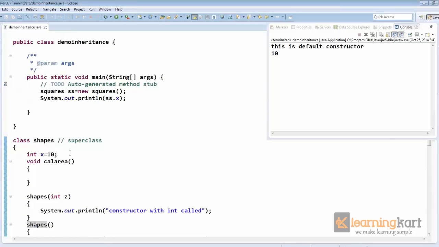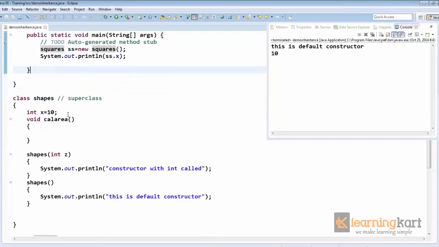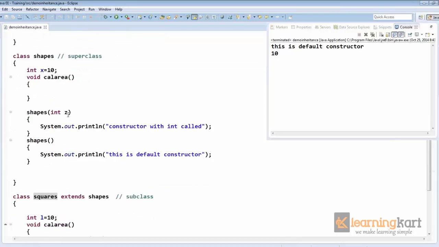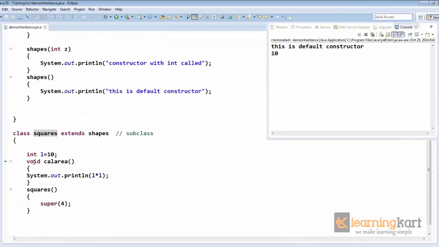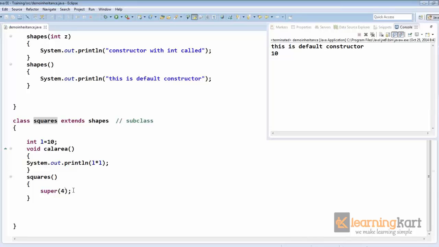So the first thing to remember in inheritance is that while you are creating an object of the subclass, the superclass object is in position or is created before the subclass object completes. Second point in this is that this super statement has to be the first statement in the subclass constructor. So in case you want to write some more code to this, or you want to add some call to some method,